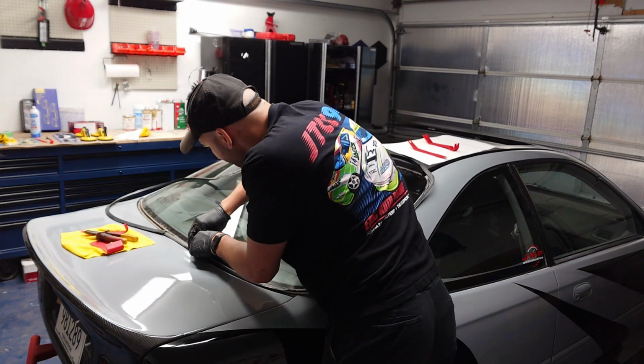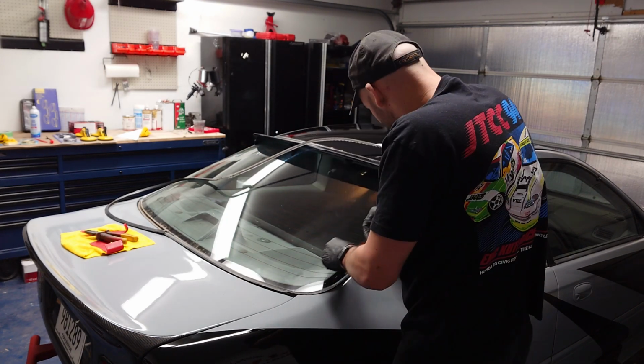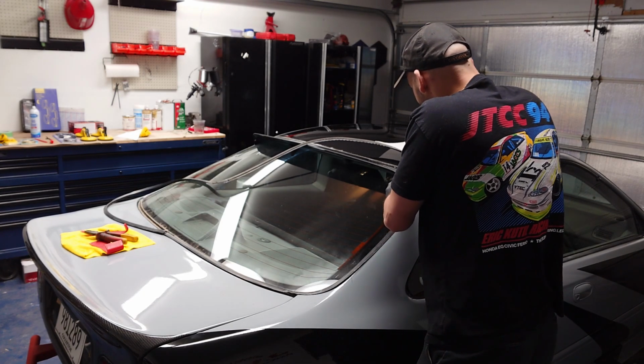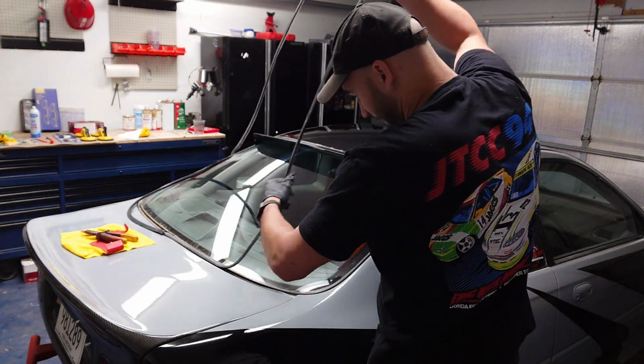So it does look like if you wanted to replace just your molding, go ahead and see if you can just pull out your molding. It might not be glued in, and you might be able to replace your molding without replacing your windows. That's good to know. All right, so now that those moldings are out of there, we're on to removing the